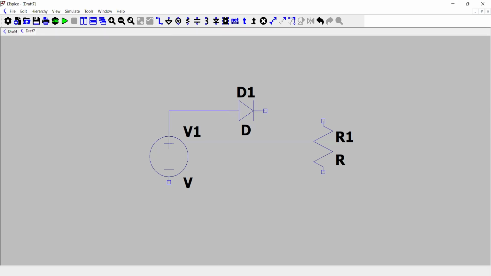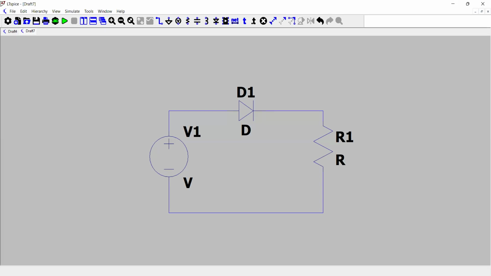Click once you reach the diode. Come to the other side, click, start the line again. When you reach there, click, then come down, click, then come to the other side of the resistor, click. When you want to take a corner, single click. I want to take a corner and go up, click. Once I reach there, click. And my circuit is wired,